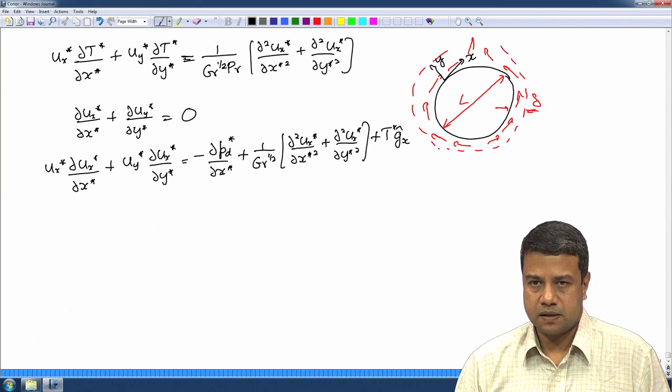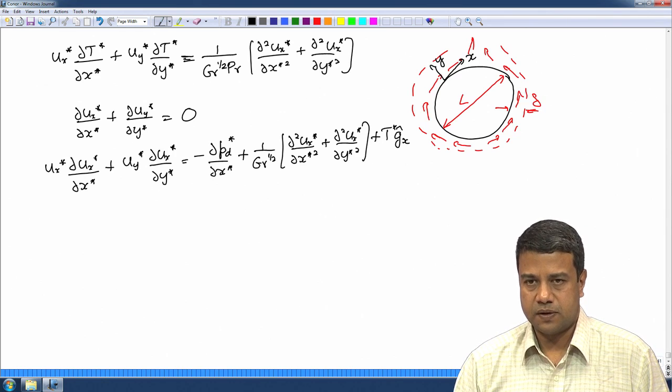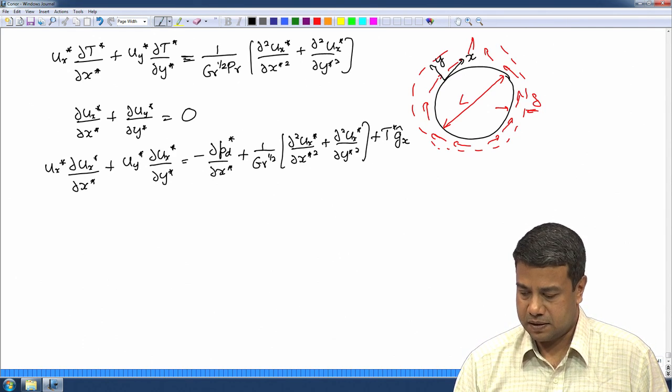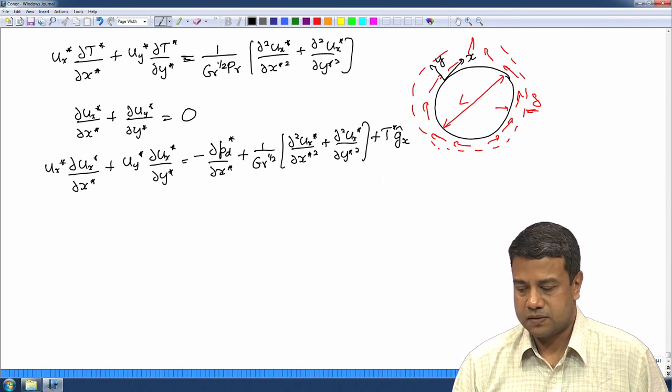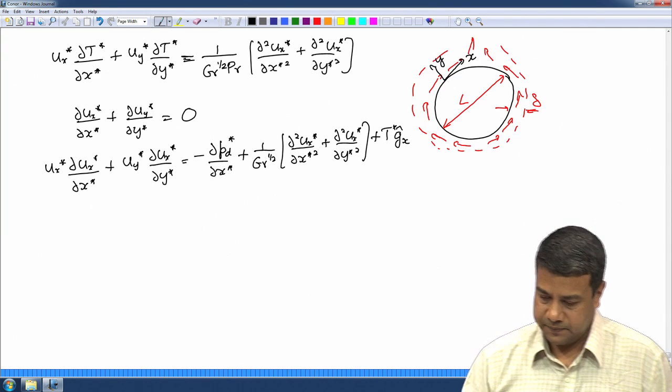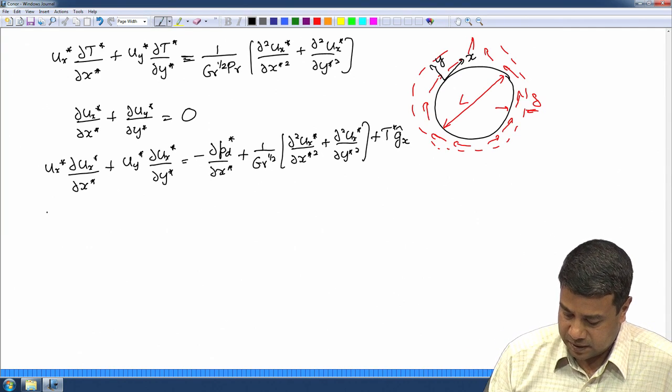G hat x is the component of G along the x direction. It is the component of the unit vector along the x direction. So, if x is aligned at an angle theta to the vertical, G hat x will be cos theta. And in the cross stream direction I have